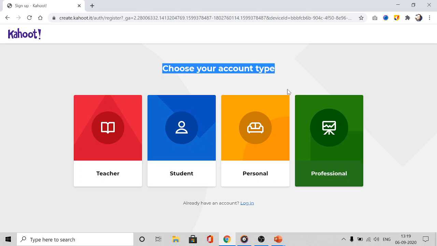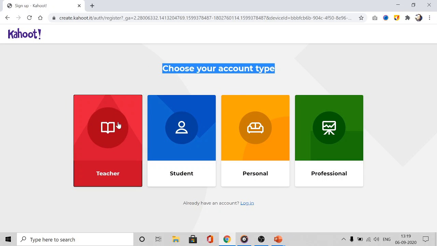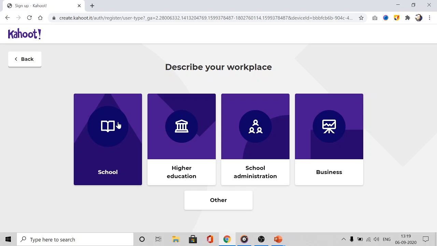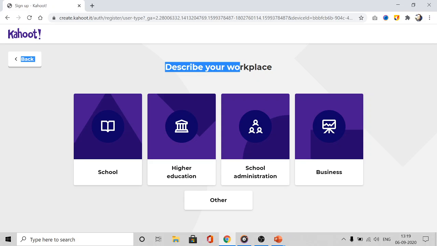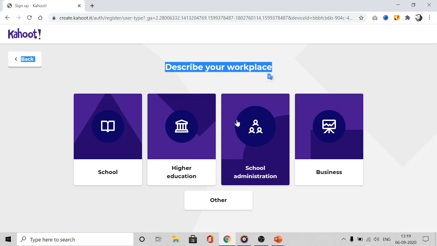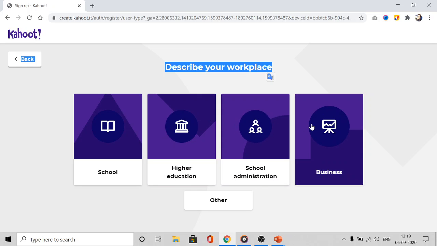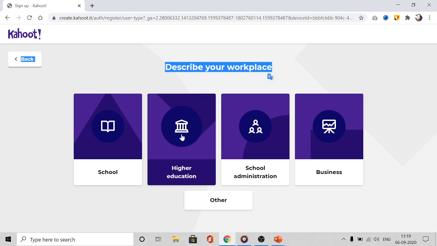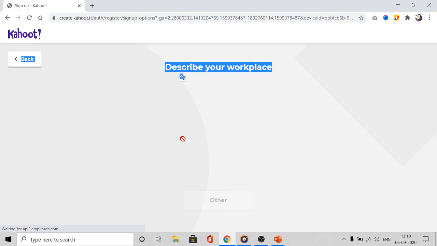Among these, I prefer to choose as teacher because I wish to use Kahoot for my teaching and learning. And when I go for it, I need to describe my workplace to customize Kahoot for my purpose. I will choose to go for higher educations.